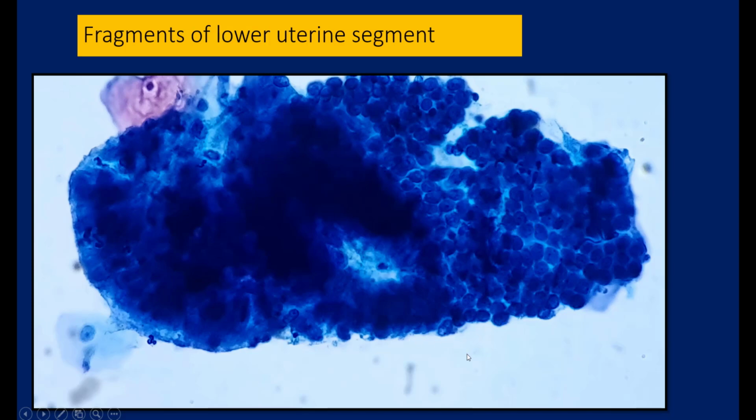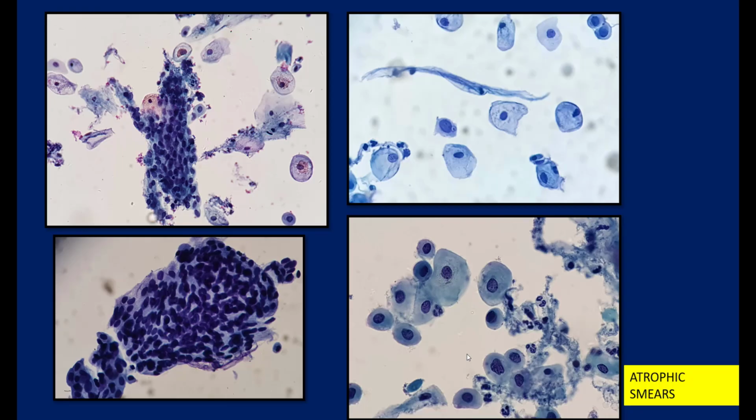If you look at the periphery, these fragments of lower uterine segment might be mistaken, if you're unaware, for a hyperchromatic crowded group of high-grade cells. Next, let's look at atrophic smears. We have already spoken about atrophic smears, and they can show hyperchromatic crowded groups of metaplastic cells,